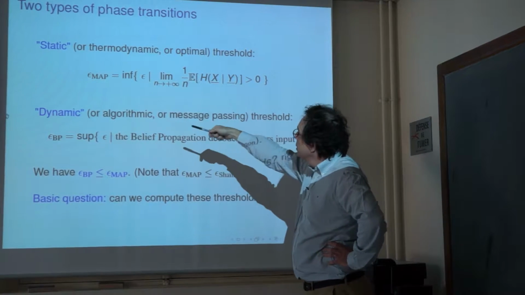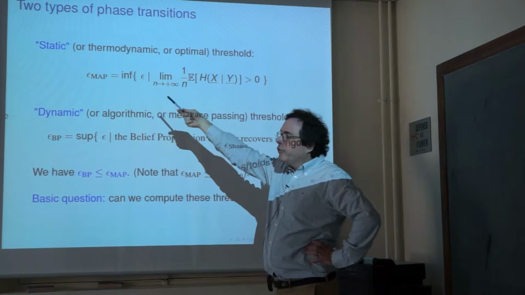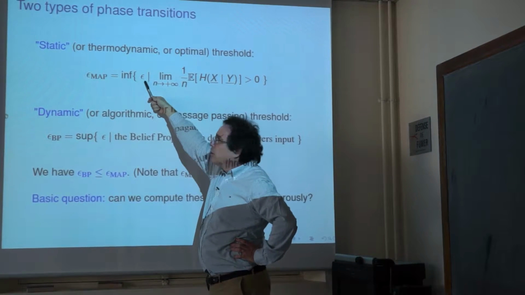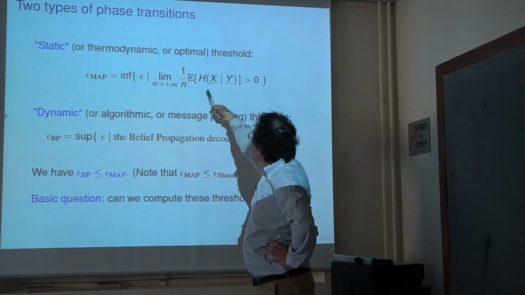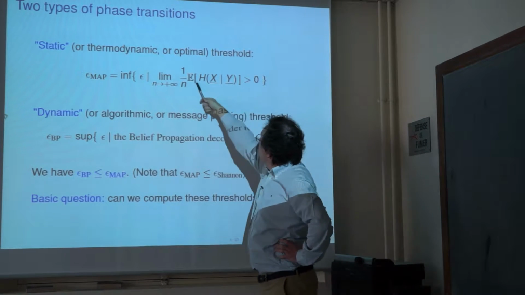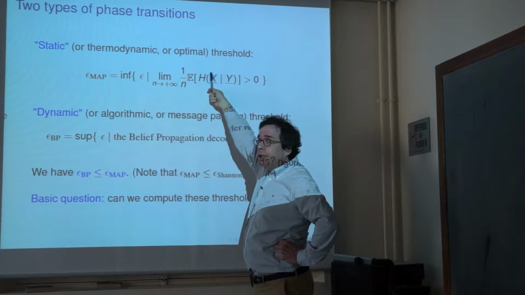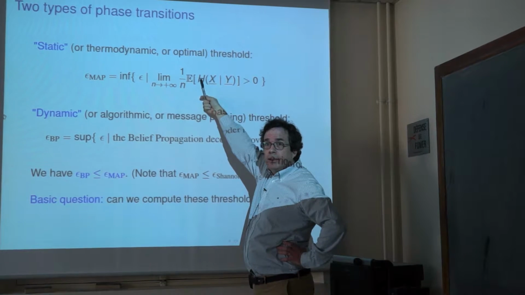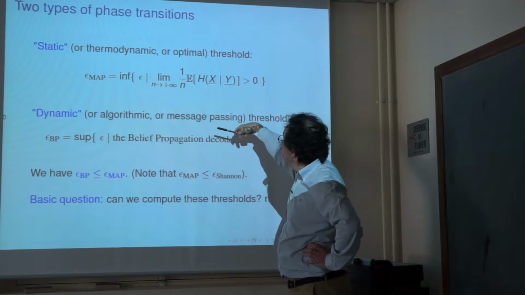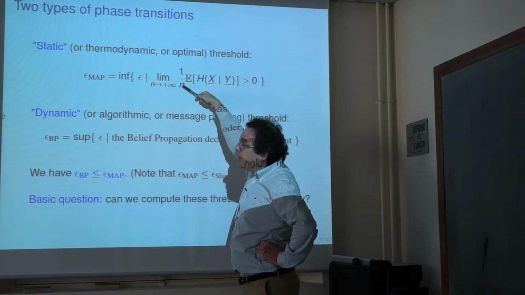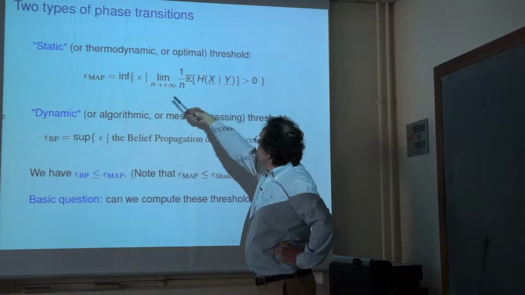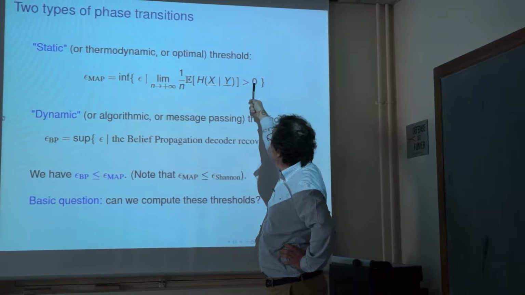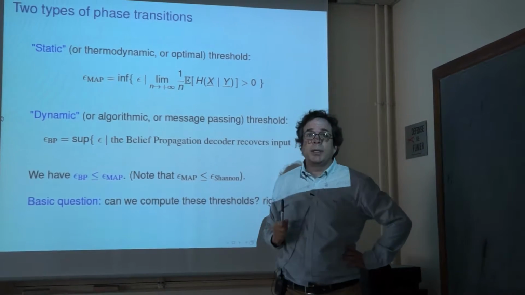There is a threshold that I'll call epsilon map for map decoding, which is the smallest noise value beyond which this conditional Shannon entropy averaged over the LDPC ensemble, that's the expectation is the average over the LDPC ensemble, normalized by the block length, the smallest such epsilon such that this uncertainty here is positive, strictly positive,